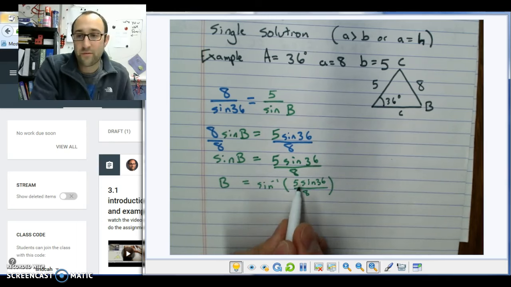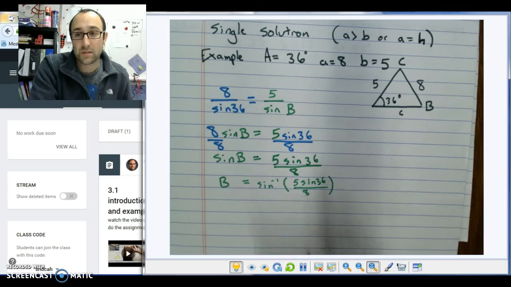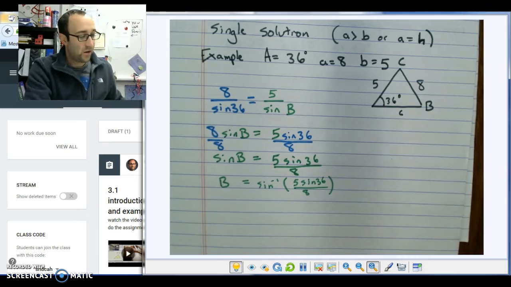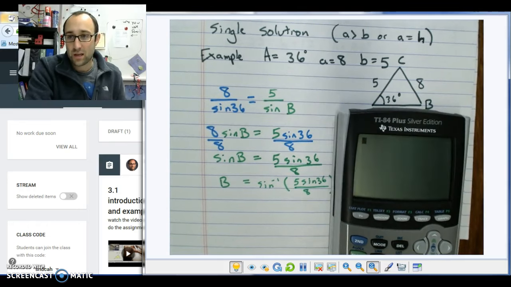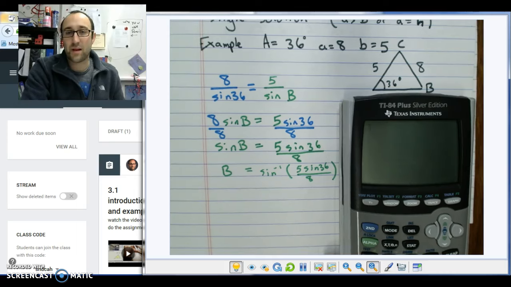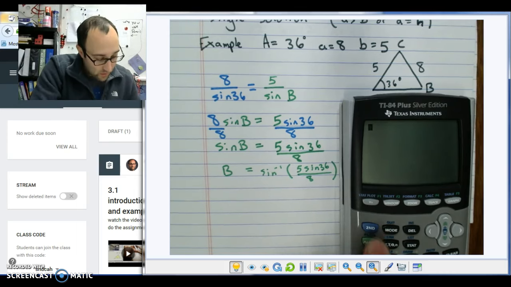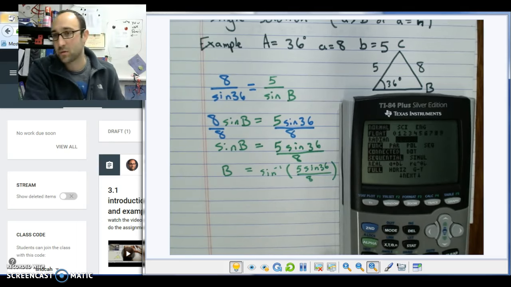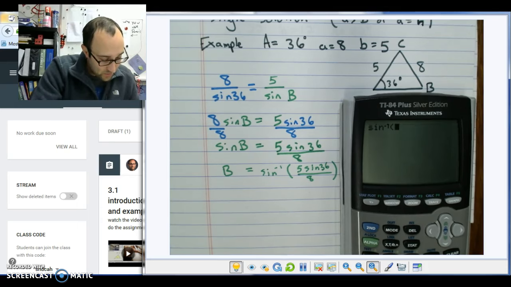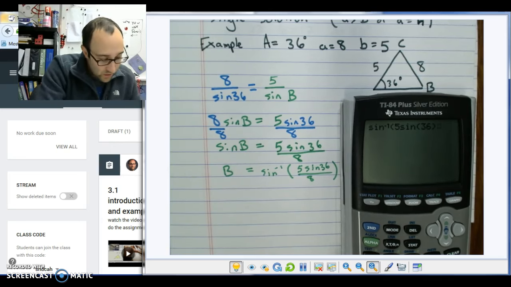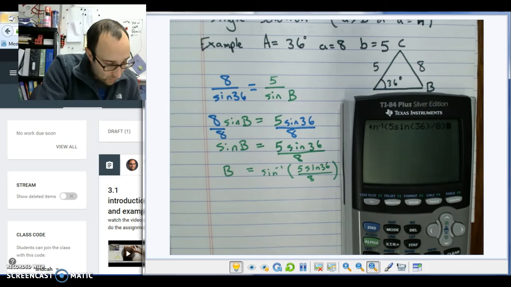Close my parentheses. And remember, 5 sine 36 is really just 5 times sine 36. So now I have all that, and I'm going to type that in my calculator one time. That way I don't have to worry about getting all sorts of decimals and having to approximate. So I'm going to go to inverse sine, and let's check my calculator. Is it in degrees? Yes, it is. Okay, very good. So inverse sine of, I got my parentheses, 5 times sine 36, close parentheses for 36, divide by 8, close my parentheses for the whole thing,